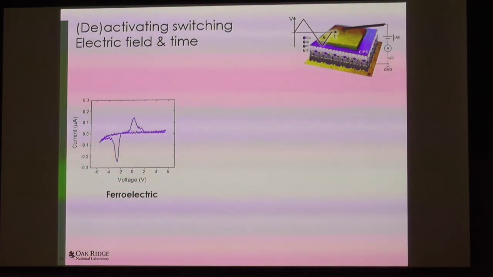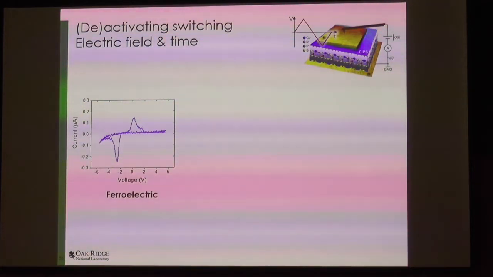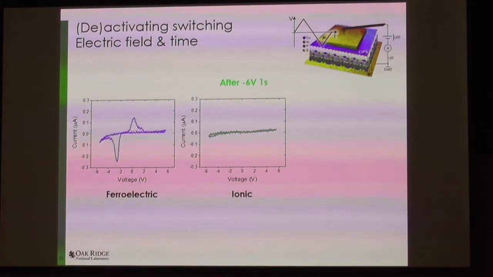These are now current versus voltage graphs. In the beginning, we have those peaks, a little bit of onset of conductivity already, but it clearly indicates that there is some ferroelectric switching with some polarization reorientation. If we apply negative voltage for 1 second, just a square pulse, suddenly we end up with no current peaks. Then I thought, keeping the previous slide in mind, okay, I can just apply a positive voltage pulse and bring back switching, but